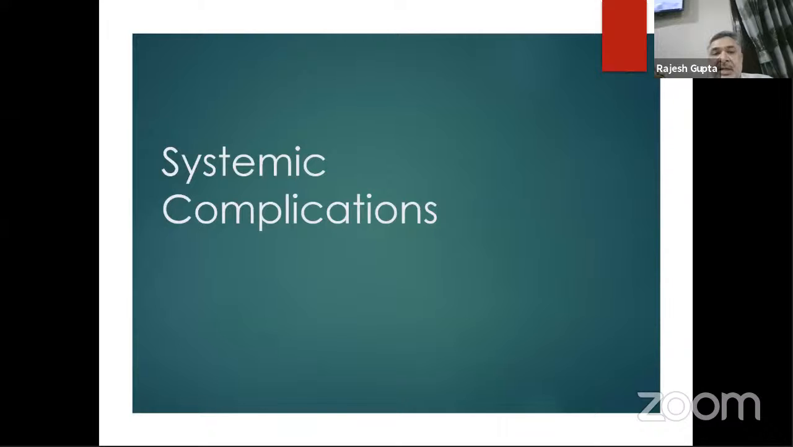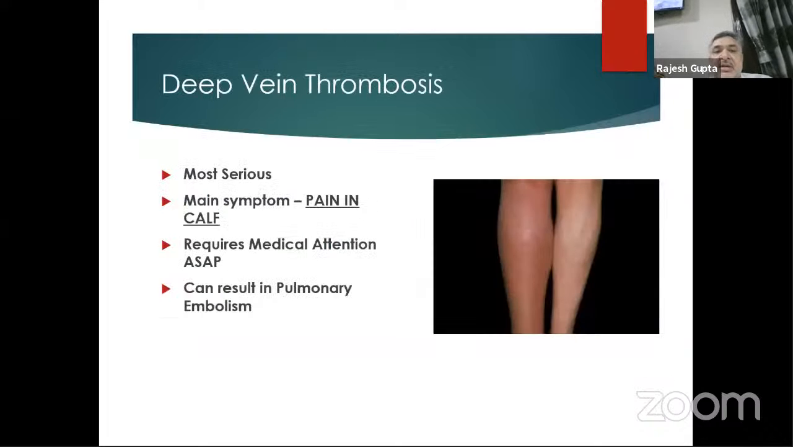Coming to some important systemic complications, deep vein thrombosis, it's the most serious of all, and the main symptom is pain in the calf. It requires medical attention as soon as possible, and the patient can have pulmonary embolism and can die. But it is not very common